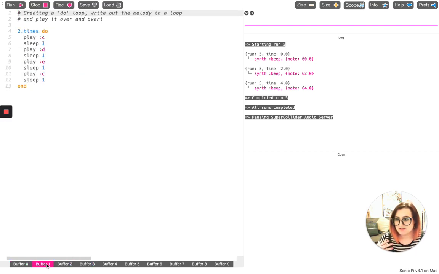I'm just going to find the example. Okay, so I created an example here where we use this do. Do allows us to create a loop, and I say 2 times I want you to do this, and then there's the beginnings of the nursery rhyme for Frère Jacques, and then end. So if I hit play on this,